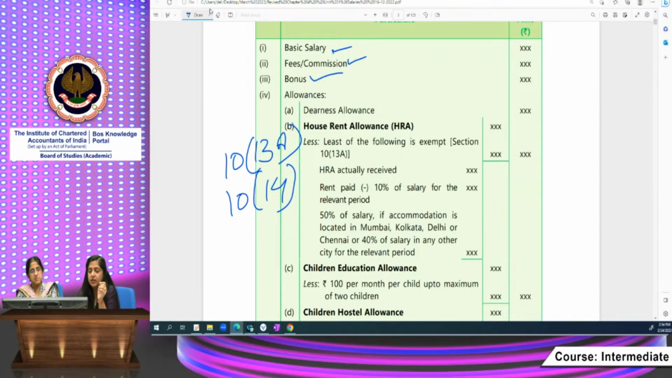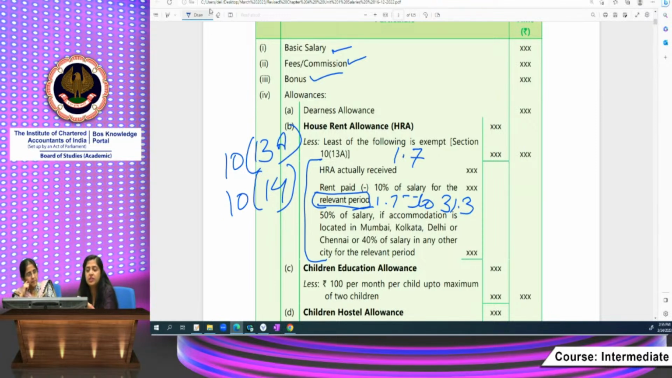Under section 10(13A), it is the HRA allowance. If you are receiving HRA from your employer, then the least of the following will be exempt. First, the HRA you receive. Second, rent paid minus 10% of salary for the relevant period. Relevant period means, suppose you are receiving HRA from 1st July, then while calculating 10% of salary, you are supposed to take the salary from 1st July to 31st March only. You should not take the salary from 1st April. Keep that point in mind, because the base should be the same as the period for which you receive HRA. Then the third